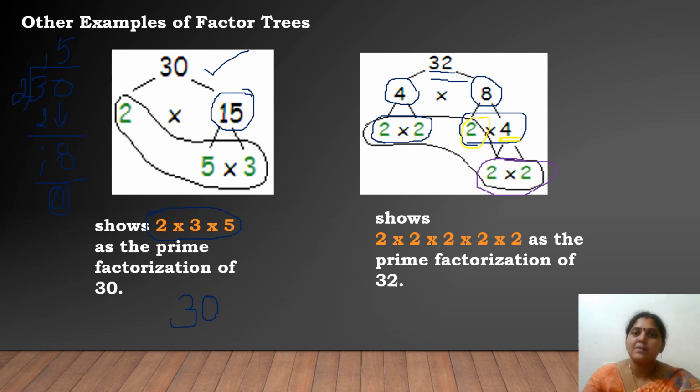Now you have ended with your prime numbers here. So in total how many prime numbers did you get? 2 into 2, 2, again 2 into 2. In total you got 5 prime numbers. So when you multiply all the 5 prime numbers, you must get your question, that is 32. So 32 will be your final answer, and it is proved that the tree factorization you have done is correct. Children, you have a clear idea about the factor tree method. Now do your examples. You can make your own examples and practice factor trees.